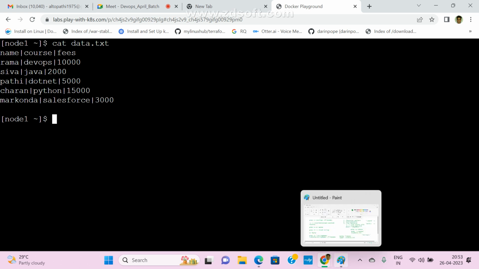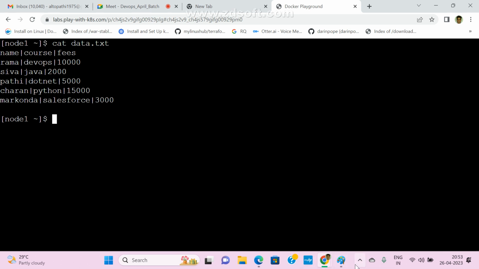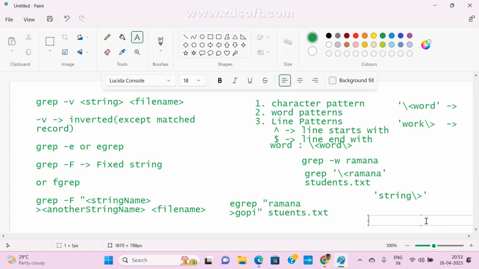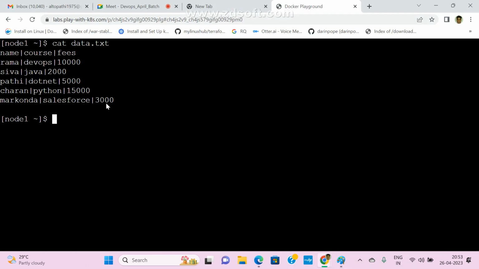There is one more argument, hyphen d. Hyphen d represents delimiter. Right now I have three columns: the name column, the course column and the fees column. Which column do you want? This is the command: cut space hyphen d, delimiter.